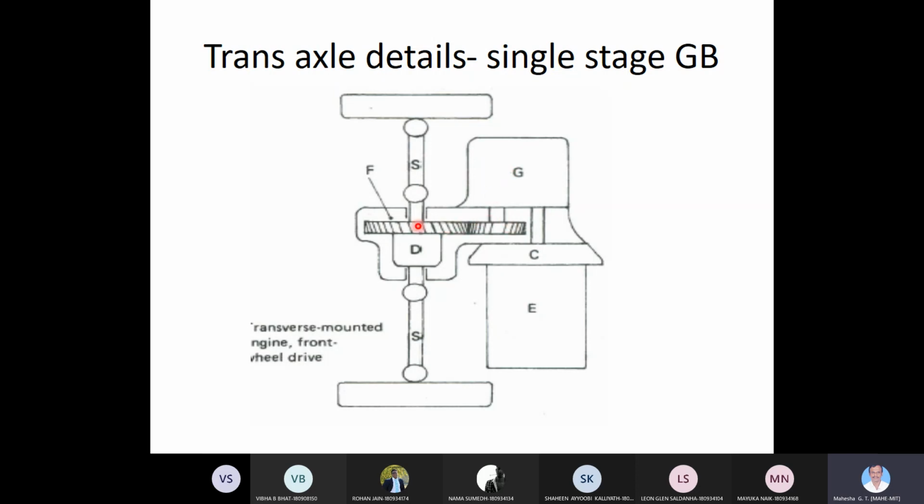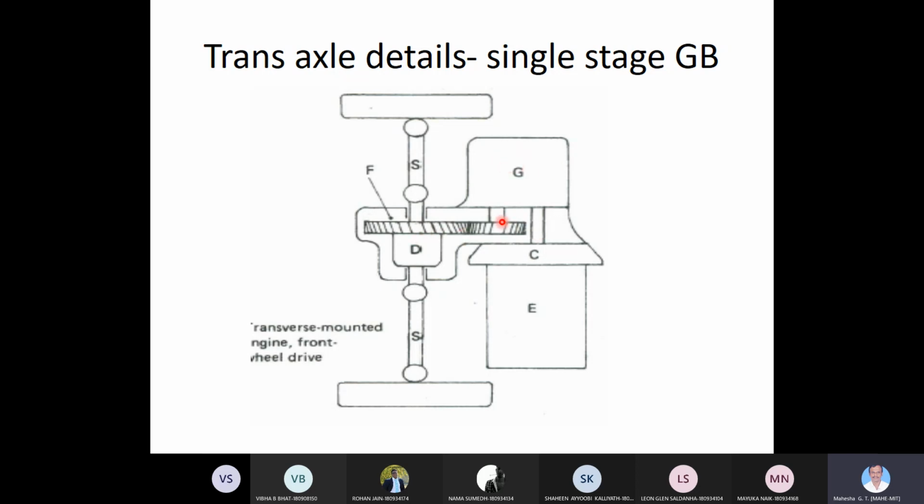So therefore a simple gear arrangement, a pinion driving a large gear, which we normally call the ring gear or bull gear, with some fixed ratio. So a permanent reduction happens here, which is the final drive ratio. It may be 4:1, 5:1, 6:1, or 4.5, whatever it is. It is the number of teeth on the ring gear divided by the number of teeth on the pinion. That is the gear ratio, called the final drive ratio, which is constant regardless of whichever gear is selected in the gearbox. You may select first, second, third, or whichever gear depending upon the circumstances.